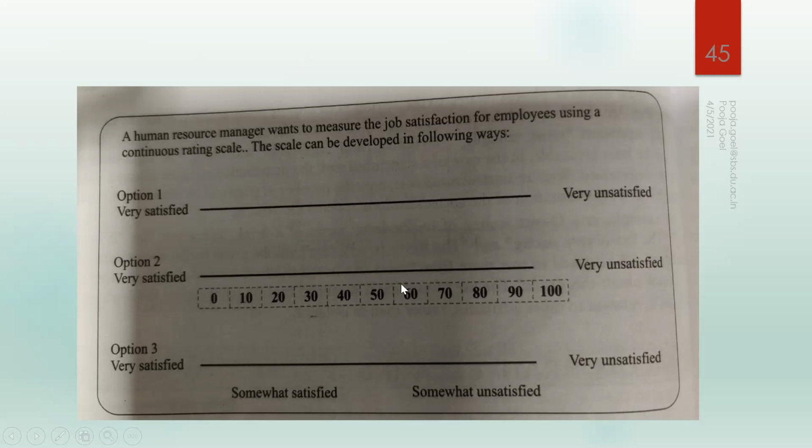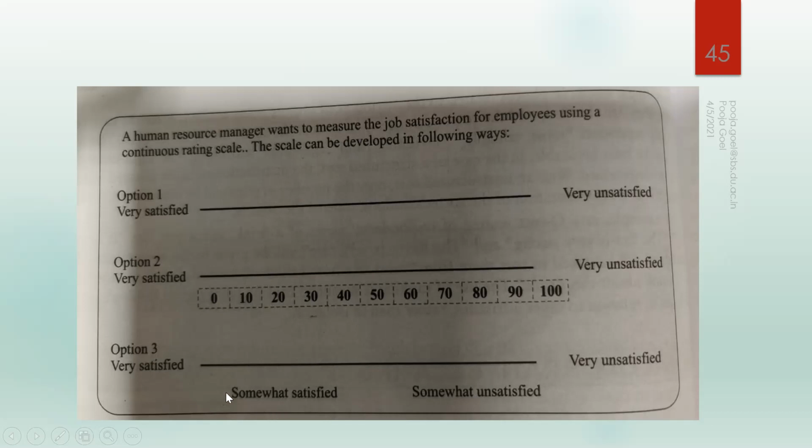Here you can give some numbering. So 50 definitely is the neutral thing. Anything below 50 is towards very satisfied. Anything above is very unsatisfied. And moreover, whenever you are designing a questionnaire, it's not necessary that very unsatisfied will have maximum marks and satisfied will have 0 marks. It's not that, it's your wish. Whenever you are going to design the questionnaire for yourself, it's totally your wish.